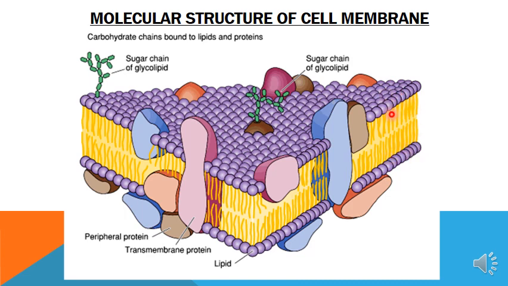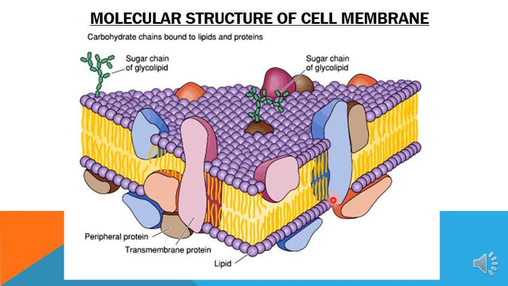One layer is formed of a globular phosphate head, which is hydrophilic, and a fatty acid tail, which is hydrophobic. This layer is present as two layers, which is called the phospholipid bilayer. The second molecule of the cell membrane is the protein molecule, and the protein molecule is present in two types. The first type is called the transmembrane protein or the integral protein, which passes through the phospholipid bilayer and